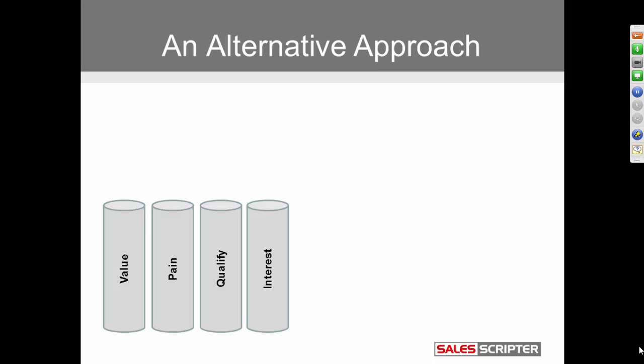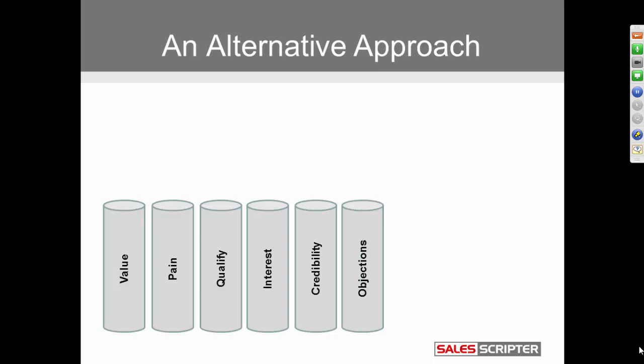Interest. I told you that the product salesperson talks about the product to build interest. The consultative salesperson will talk about ROI, how their product differs, previous examples, and the benefits the product has to offer. Credibility is to think about examples of other customers that you've helped in the past. And objections: composing responses to objections that help you to learn more and get around them. So that is the process that you can go through step by step to become a consultative salesperson.